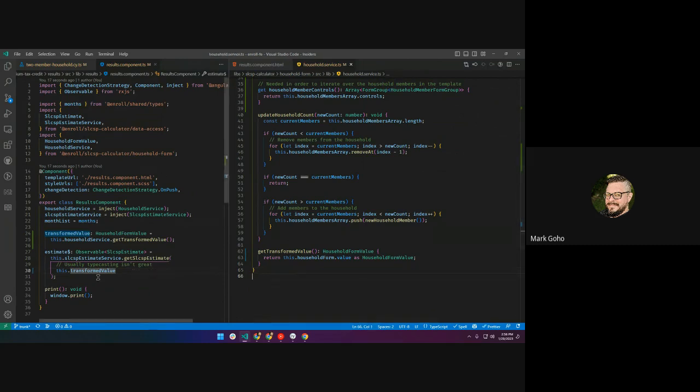So right now, literally all I have done here is just provided a layer of indirection. That is purely what I've done: instead of injecting or passing the form value itself, let's provide an intermediary value driven by a method that for now just returns this.householdForm.value. All right, so I hope you can understand that